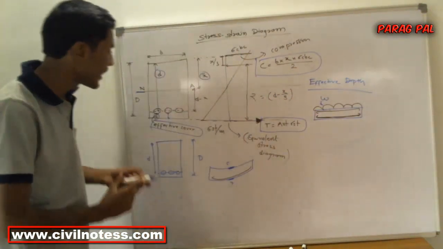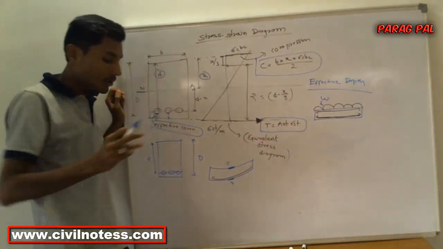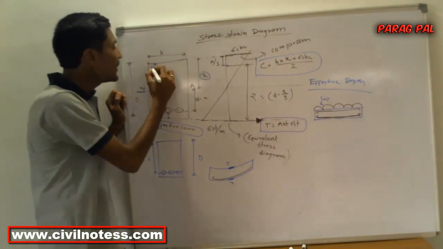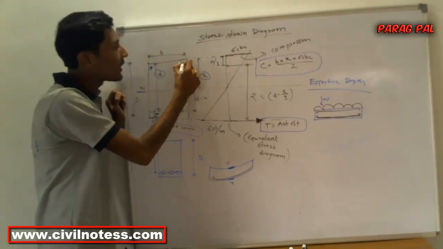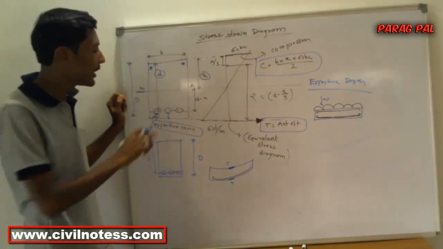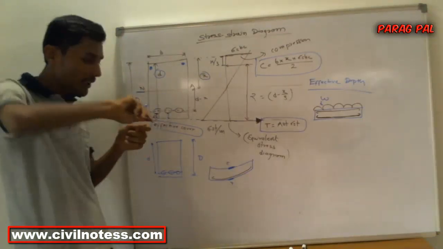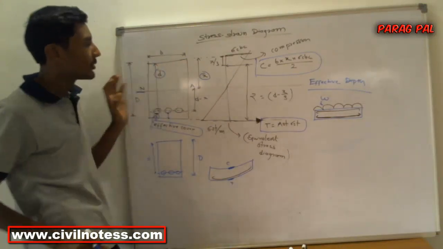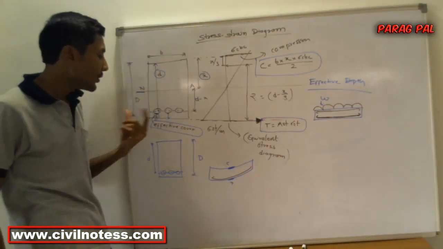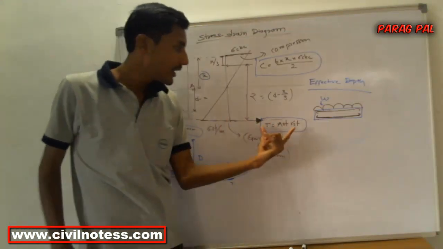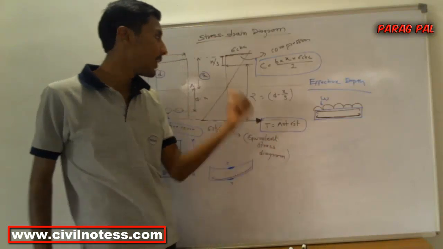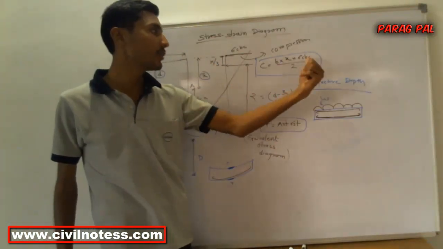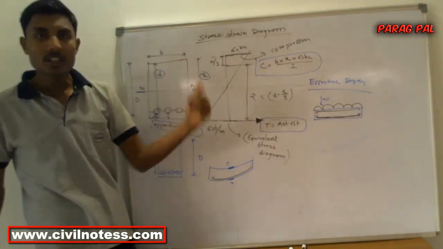Now in this diagram you can see that at the topmost level no steel is required. If steel is given there, it works only as anchor bars, used to tie the bars. I am not drawing it over there because the stress-strain diagram is not in such a manner. At the bottom tension comes, which is Ast into sigma st, and in the upper portion sigma cbc is the permissible compressive stress, and the compression is bx into sigma cbc by 2.